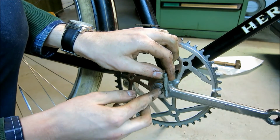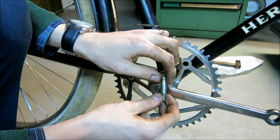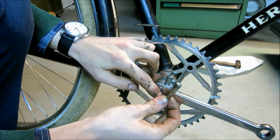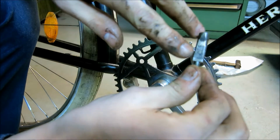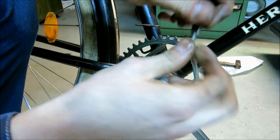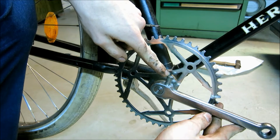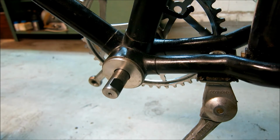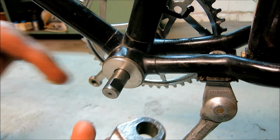You have to pay attention that the wider surface is on the bottom, because as you're pedaling down onto here against the force of the axle, which wants to stand still, the force goes on the lower part, and therefore you need as much wear surface as you can. So always put these cotter pins in this way. Okay, let's install the other pedal arm. Let's put a grease